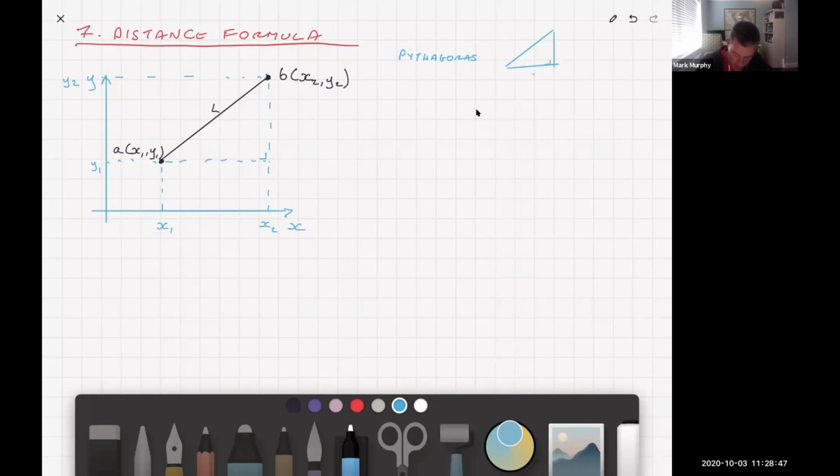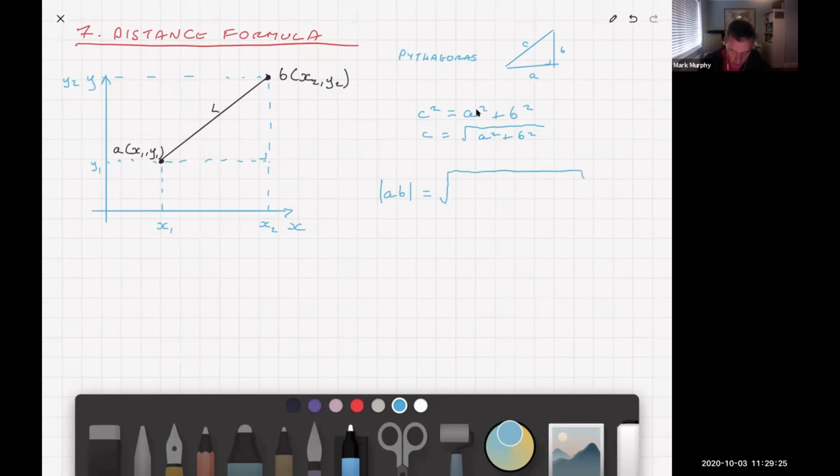And let's say we have sides A, B, and C. And what does Pythagoras say? Pythagoras says that C squared is equal to A squared plus B squared. Okay? Or I can say that C is equal to the square root of A squared plus B squared. Okay, that's Pythagoras. Now, let's apply Pythagoras to our case, right? So in our case, C is equal to AB, isn't it? We'll just define it as AB. So that's AB is equal to the square root